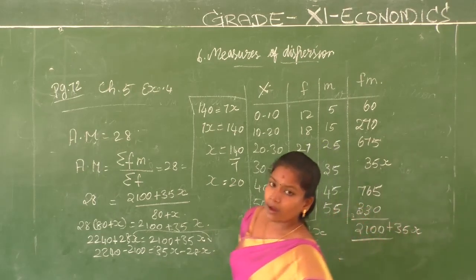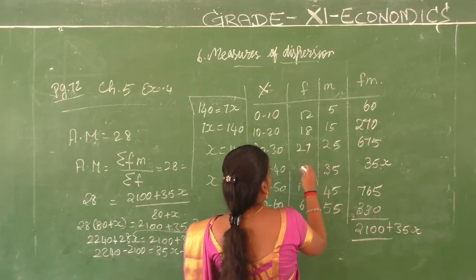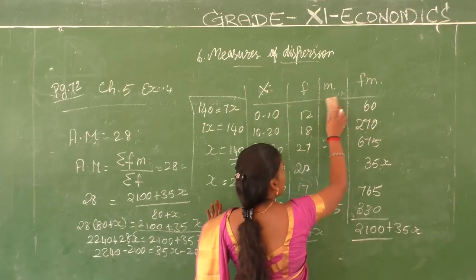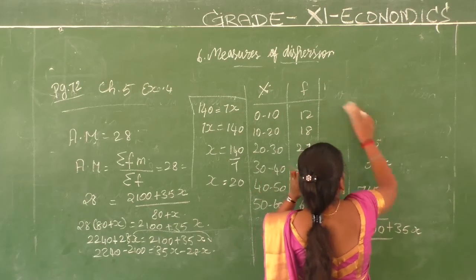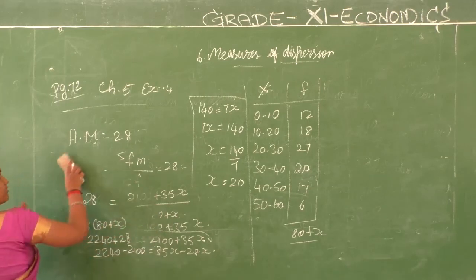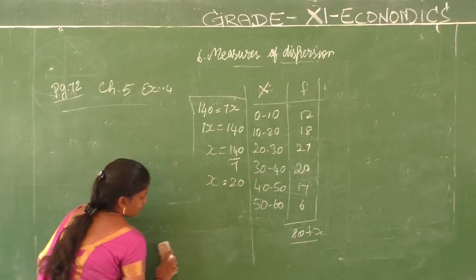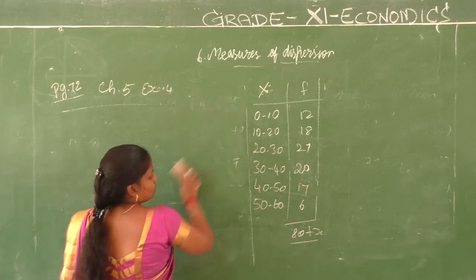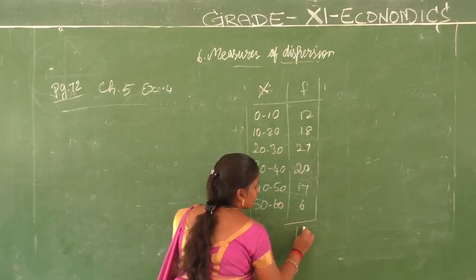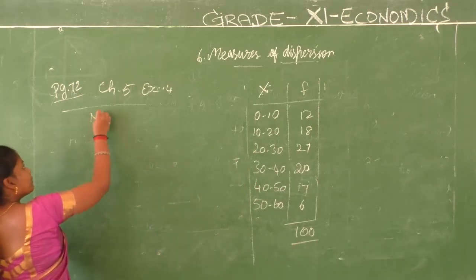With this, can you go to the next step, that is finding the median? How will you find the median? Instead of this x, you will have a value of 20 now. And instead of M and F1, you have to go for what? Cumulative frequency. Isn't it, children? You have calculated the x value. Now you are going into the median formula. So what will be your sigma F now? 80 plus 20 will become 100. Right, children?